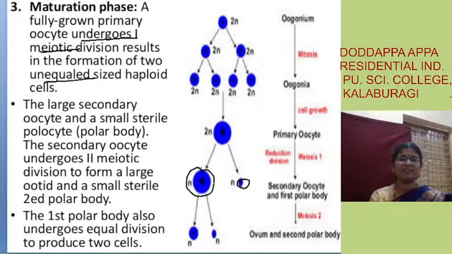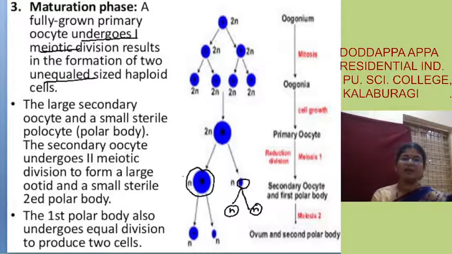And these cells will undergo the second meiotic cell division, which is an equational cell division. Some scientists have doubted whether the polar body is going to form two more polar bodies or not, but as we have studied, this also will undergo a second meiotic cell division, and this also will form polar bodies.